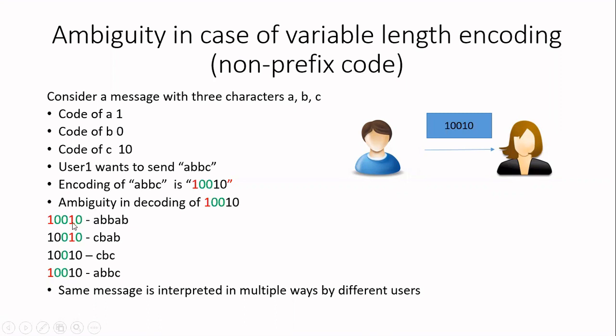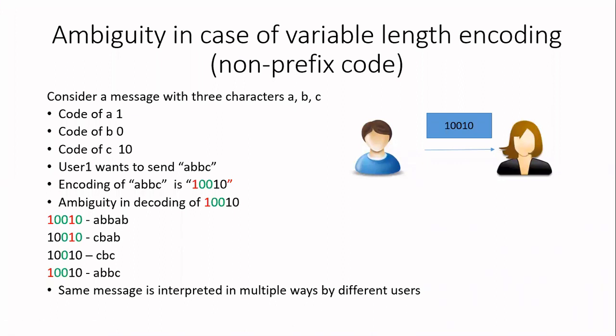Then he will take 1 again. 1 is having the value A. So again A will be considered. Then 0. 0 is for B. So B is now the decoded data. If you consider the data, my friend is interpreting now the message as A, B, B, A, B. But what I have transmitted is A, B, B, C. But my friend is interpreting in the wrong way. But he knows this table. Even with that, my friend is not able to construct a unique message.